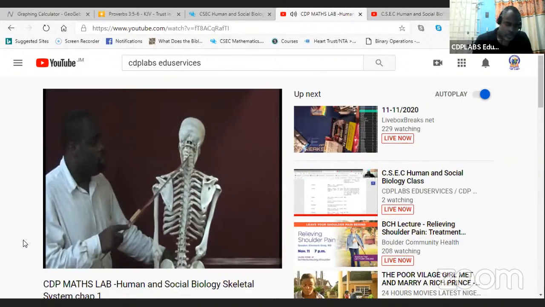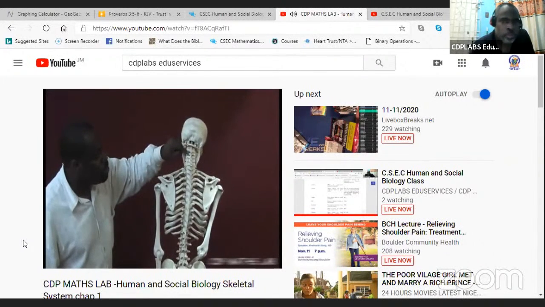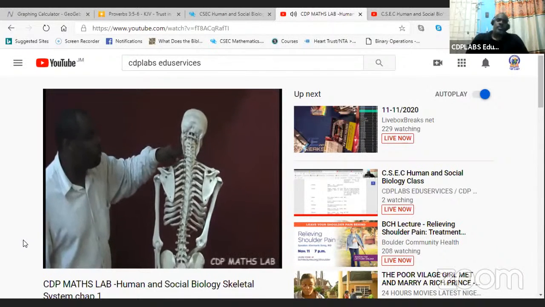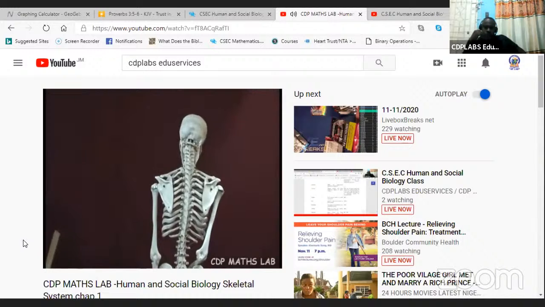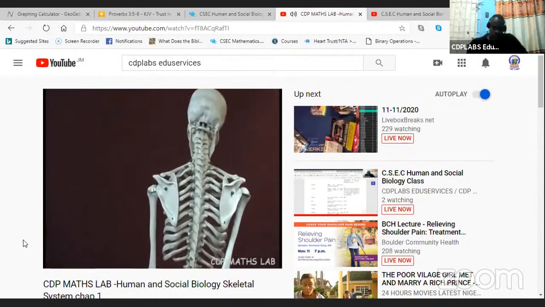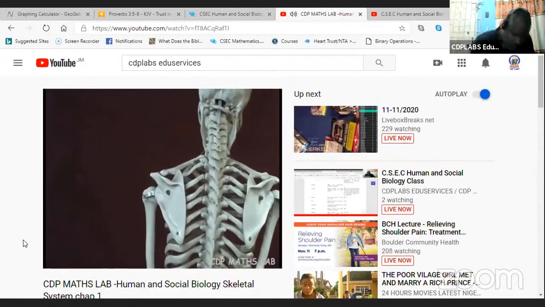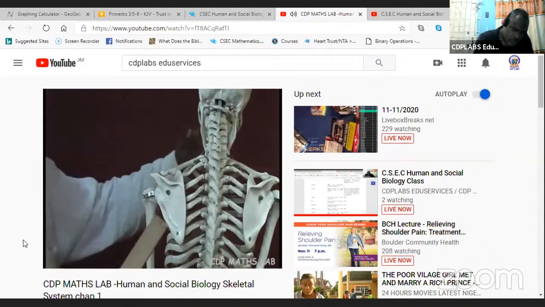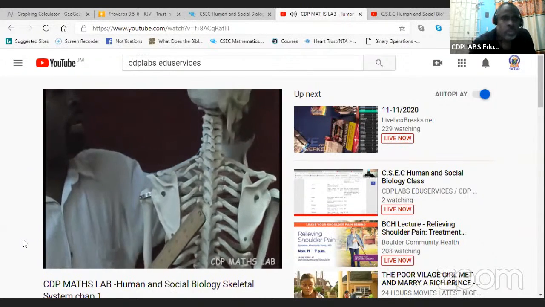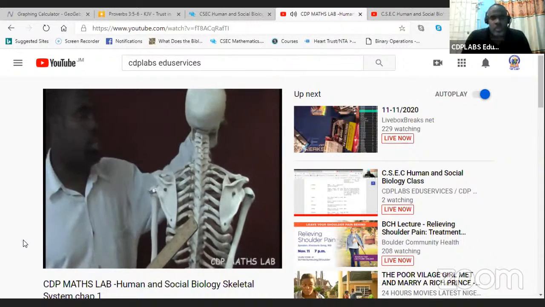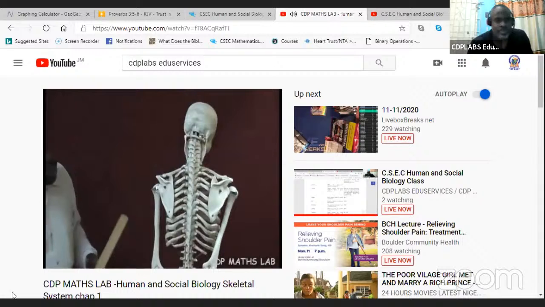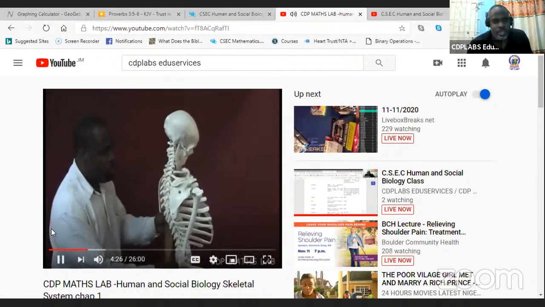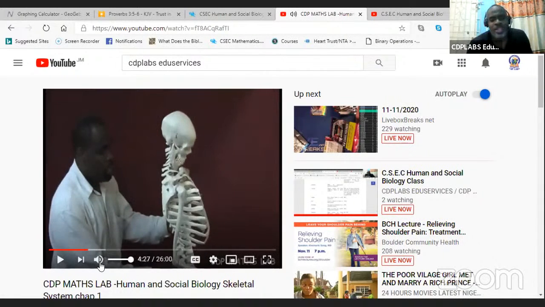The first 7 bones, 1, 2, 3, 4, 5, 6, 7, are called the cervical vertebrae. The cervical vertebrae are the bones that allow the head to what? Rotate. Good? And then the next 12 bones, of which the rib cage. Alright, so that is it. At least you have